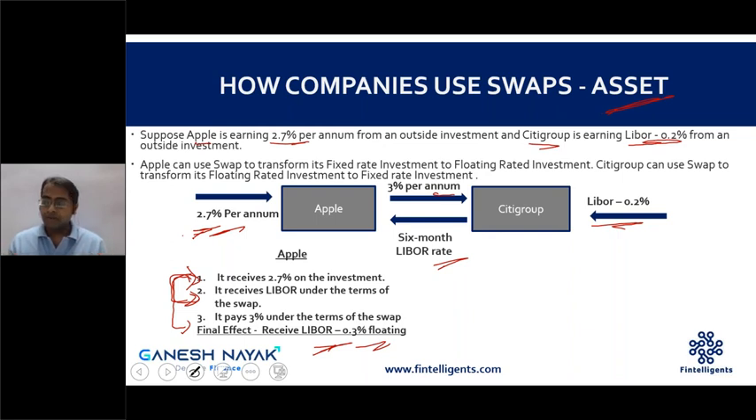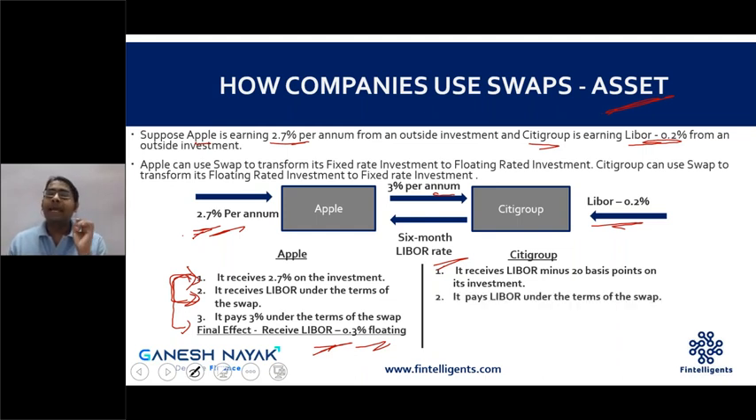If I look at Citigroup, Citigroup also has three positions. The first position is that it is going to receive LIBOR minus 0.2%. That means 20 basis points, that is 0.2%. It is also going to pay 6 monthly LIBOR rates to Apple, plus it is also going to receive 3%. If I combine the first and the second point, do you realize that Citigroup is going to receive LIBOR minus 0.2%, but it is paying LIBOR. So on a net basis, it is actually only paying 0.2%. And if I combine it,